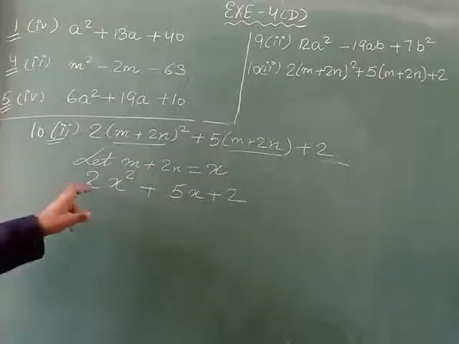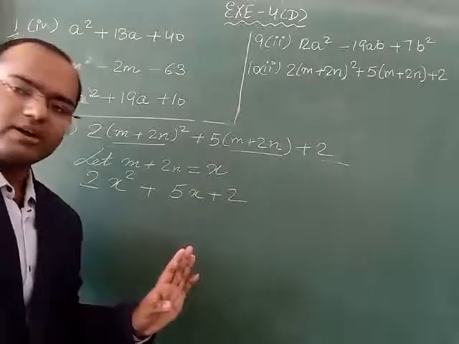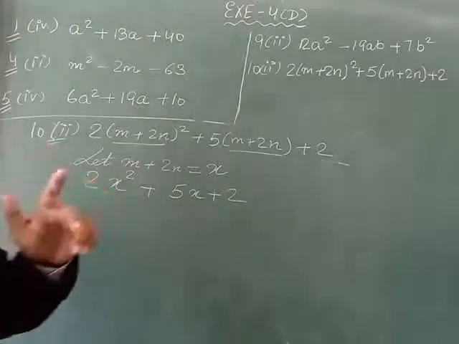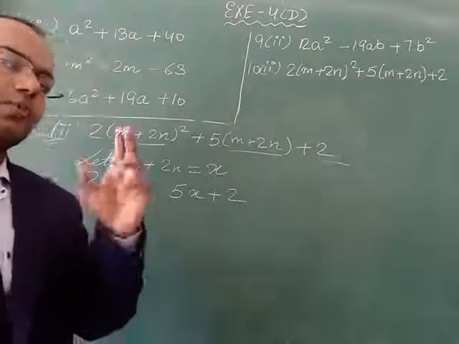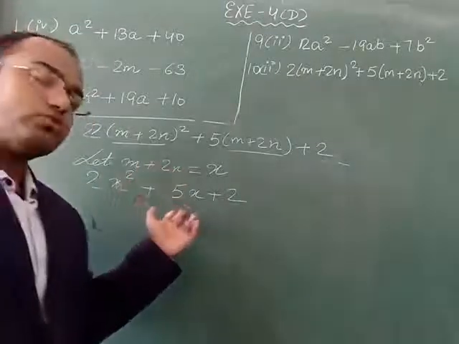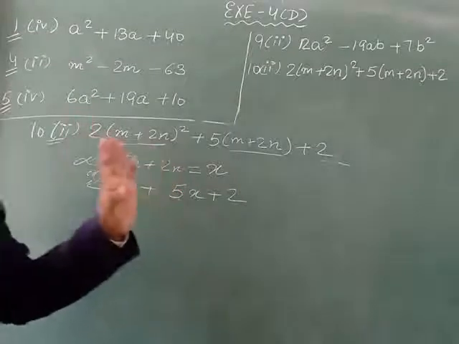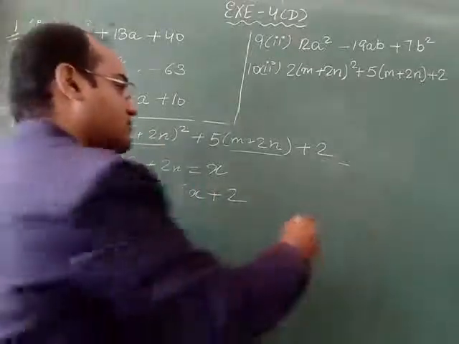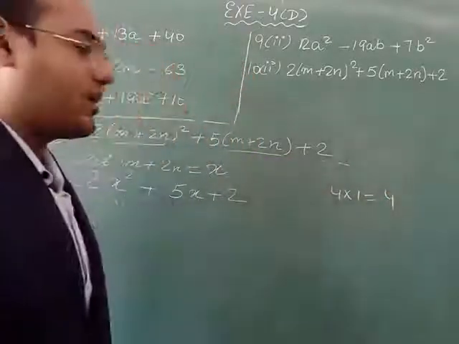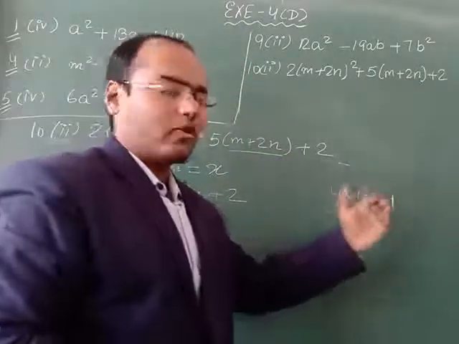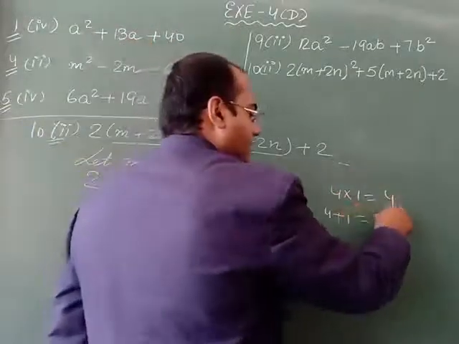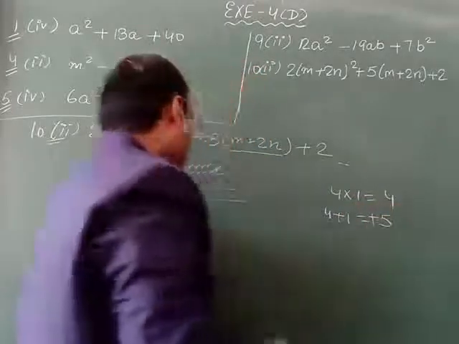Now first number and last number we have to multiply. 2 multiply 2 is 4. 4 factors we have to find. The product of those factors should be 4 and sum should be 5. So 2 2s are 4. In 4 factors, take 4 into 1. If you multiply 4 and 1, then product of 4 and 1 will be 4. Now if we add them, 4 plus 1, then answer will be plus 5. So here we need plus 5.